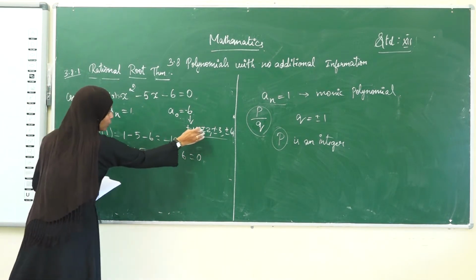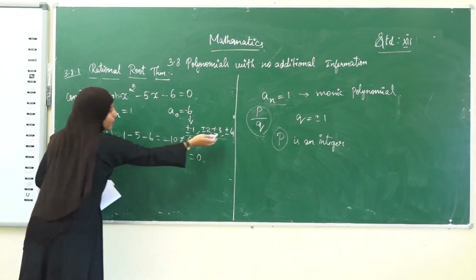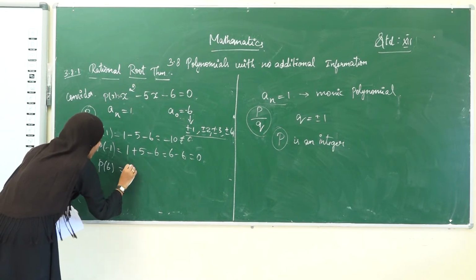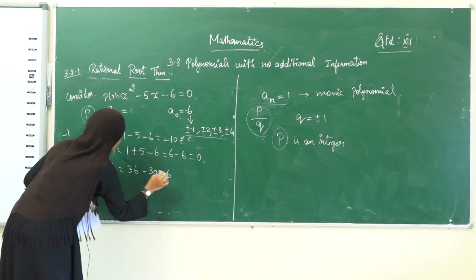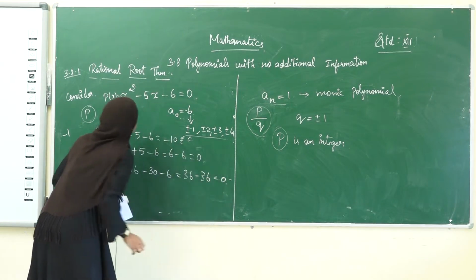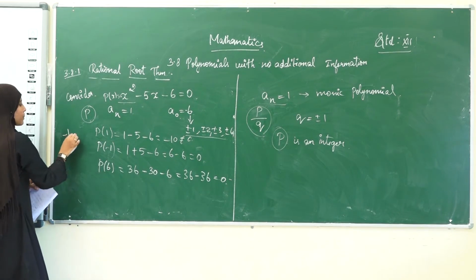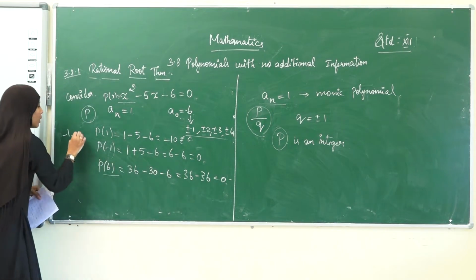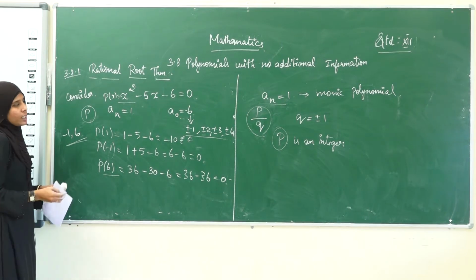Likewise, we have to substitute plus 2, minus 2, plus 3, minus 3 and plus 6, minus 6. When we are substituting p of 6, what's the value we get? 6 square is 36, minus 6 times 5 is 30, minus 6. This is equal to 36 minus 36, which will be equal to 0. Since this is a quadratic equation, we must have two roots. We have already found one root, that is minus 1. And when substituting 6 in the equation, we get the value 0. Therefore, 6 will be another root. Therefore, the roots of this given equation are minus 1 and 6.